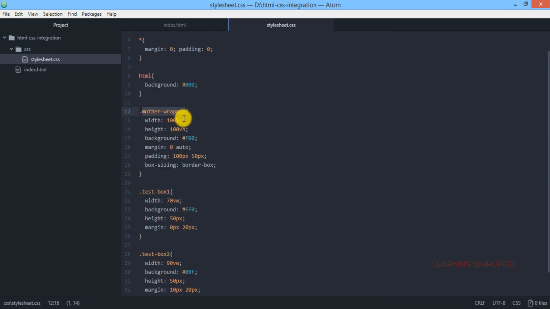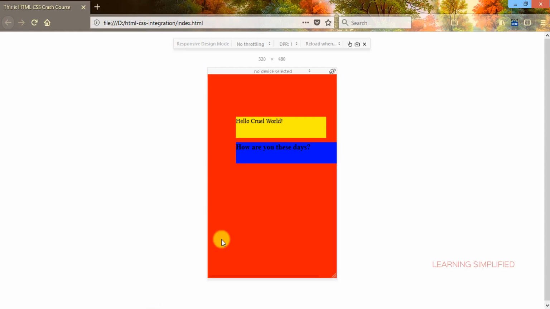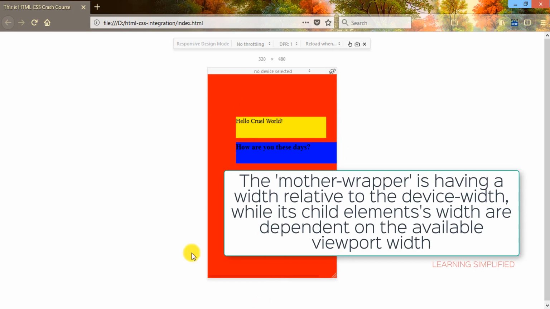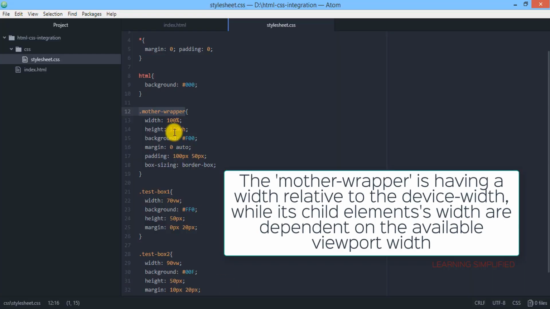But on the other hand, the main wrapping div that we used previously, the mother wrapper, we have provided a percentage value. That means this mother wrapper will be dependent upon the width of the device, 100%. But we have provided a width of 70 viewport width to this particular text box 1.